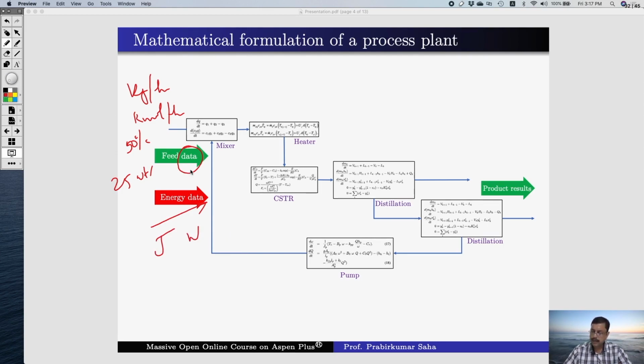So these data have to be fed into the process and the calculations can be done. All these equations